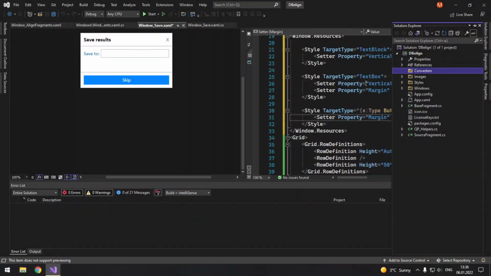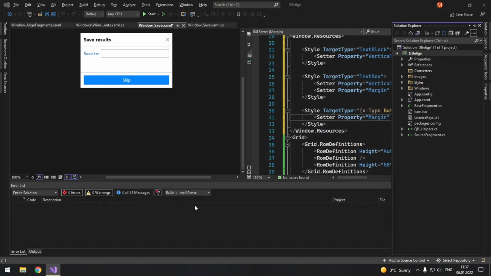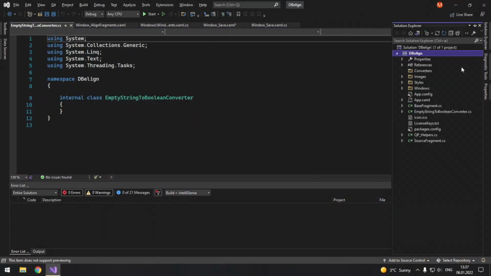Alright, and every converter is just a class, so create a new class and let's call it EmptyStringToBooleanConverter. Right away put it in Converters.